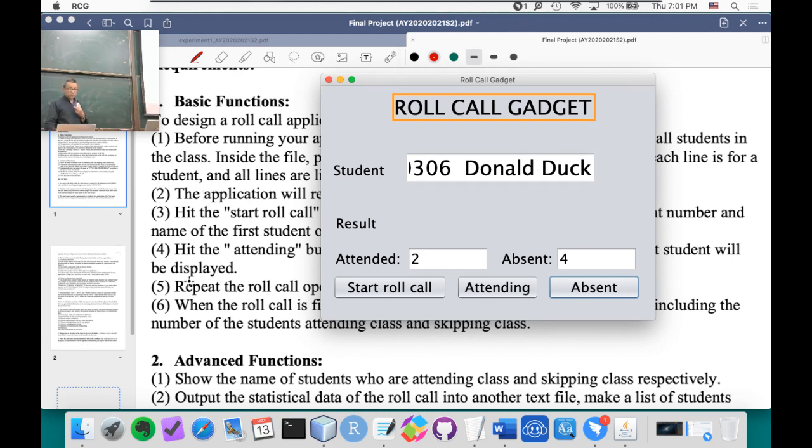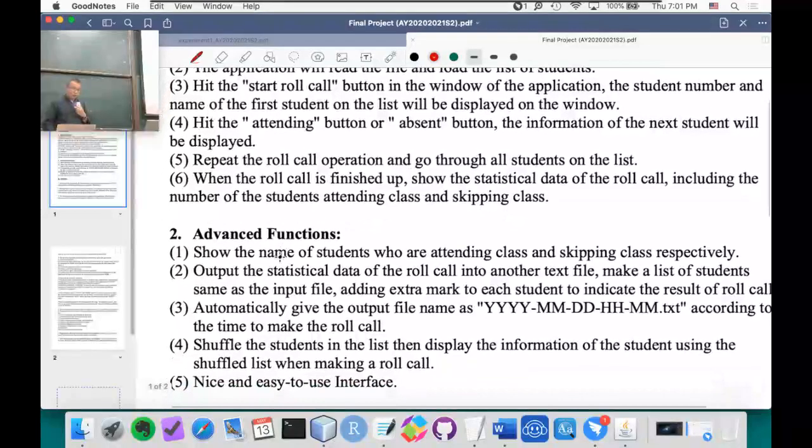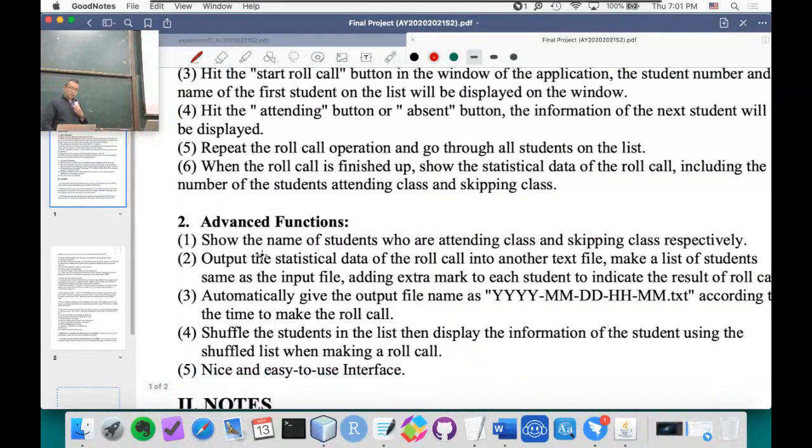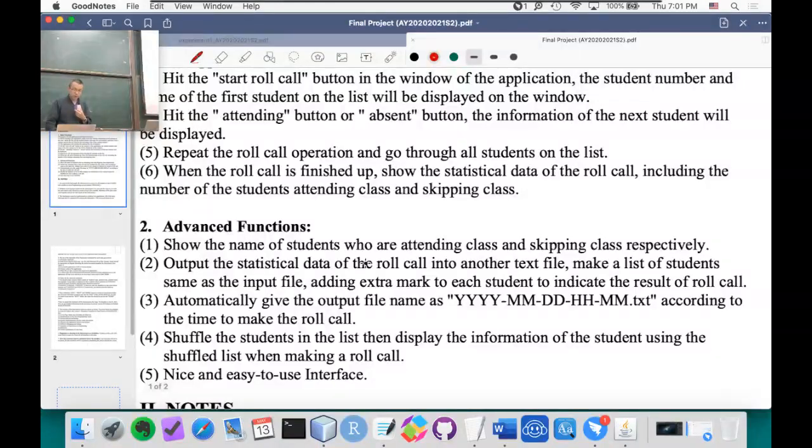That's from 1 to 6. 6 steps for the basic function. For the basic function, you should make a test application to implement the basic function. That is very important. And the advanced functions: the first one is to show the name of students who are attending